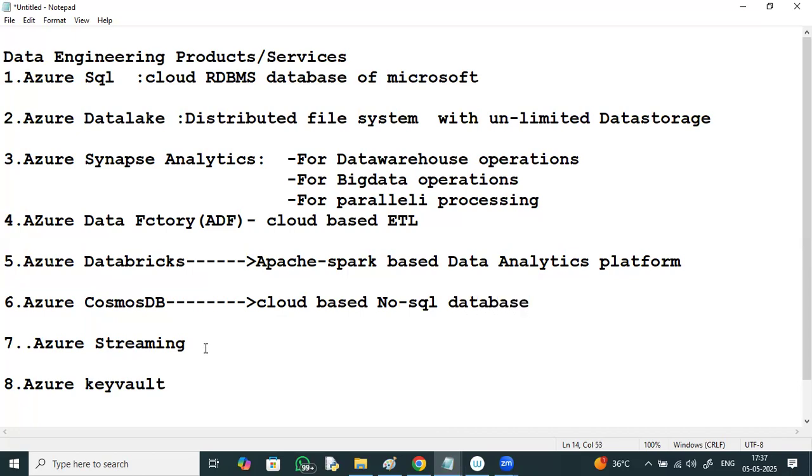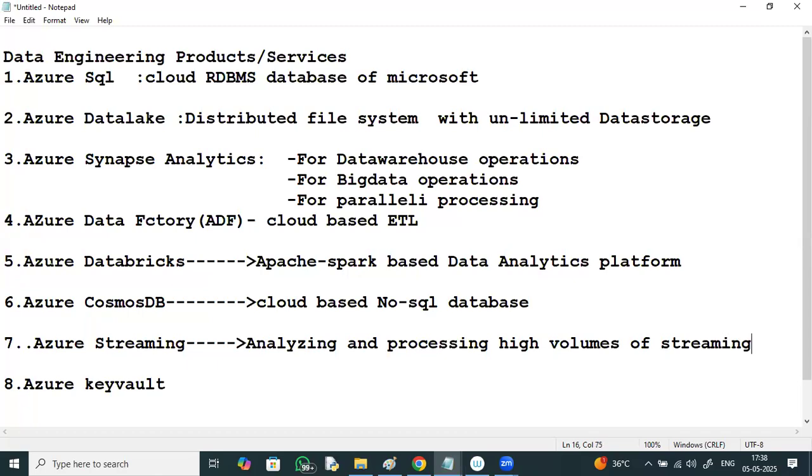Azure Streaming. Analyzing and processing high volumes of streaming data.